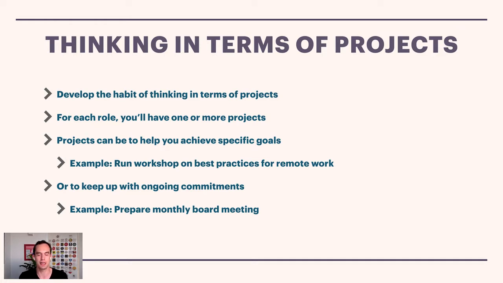And projects have to be completable, right? So a project might be, create a proposal for working with client XYZ. That's an example of a project. And so in each of your areas, you're going to have some projects. So it's a hierarchical thing. You've got your roles at the top level, and then you've got your projects sitting under each of these roles. So projects can help you achieve specific goals.